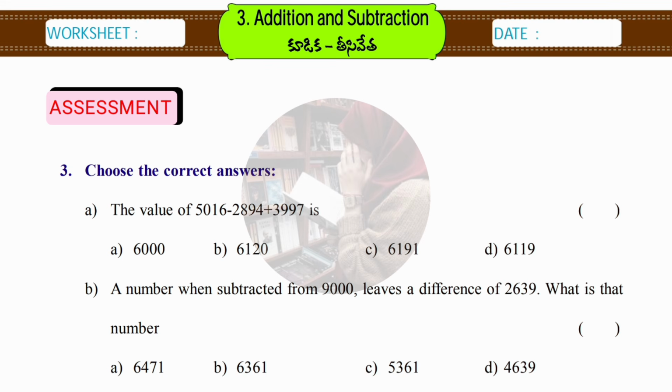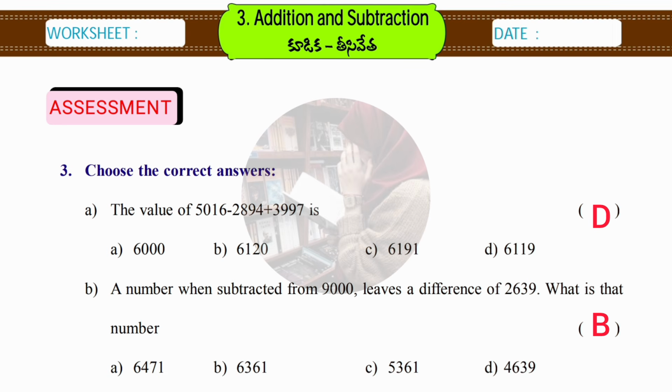Okay, here first one is the value of 5016 minus 2894 plus 3997 is. Firstly you have to do the subtraction of the first two numbers, and you will get the answer. That answer you have to add with 3997, and you will get the answer as 6119, which is D. Understood? Second one, a number when subtracted from 9000 leaves a difference of 2639. Then what is that number? Okay guys, so answer is B,